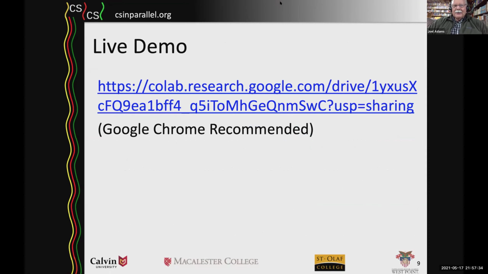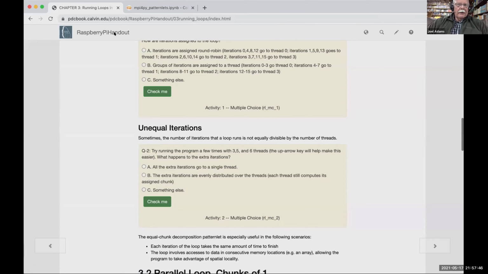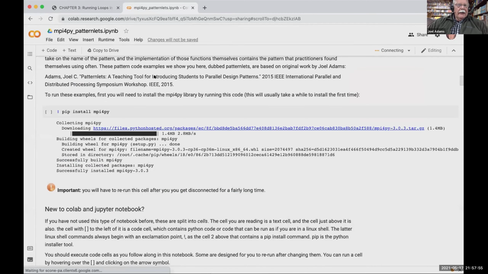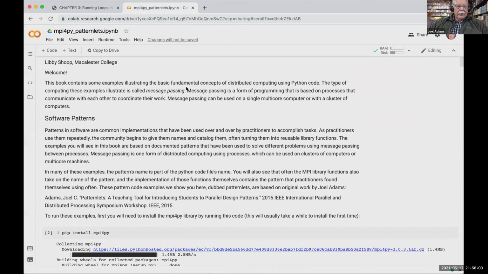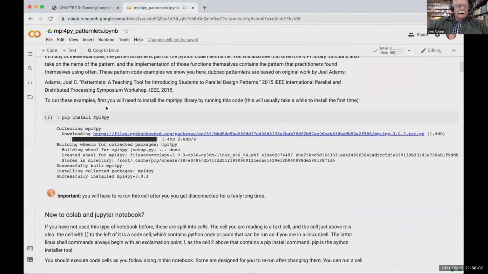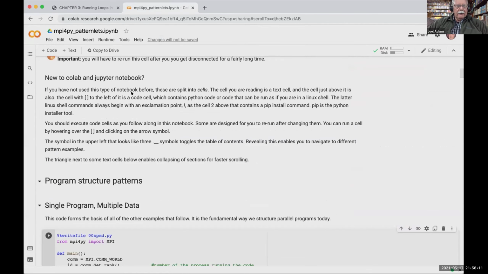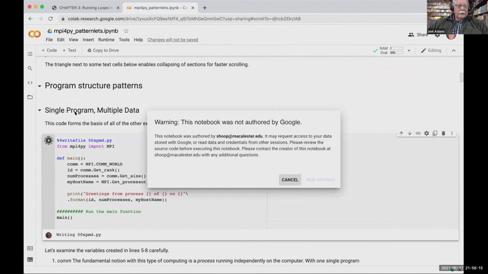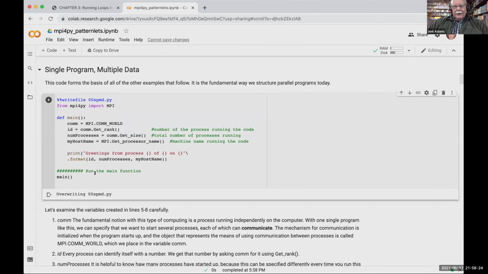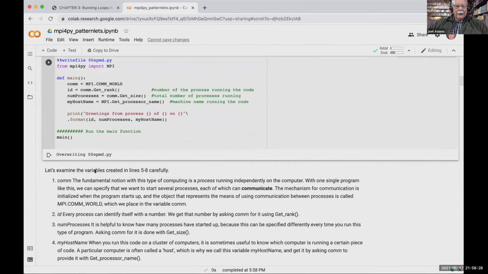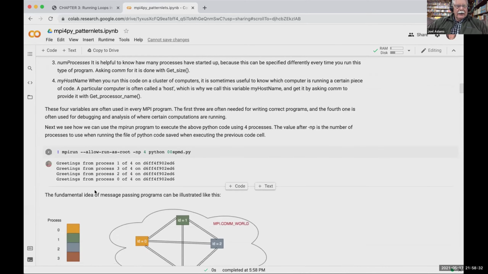So I'm going to jump back to that Google Colab, which is here, I believe. And here we have the distributed parallel programming patterns using MPI for Py, by which we introduce MPI. And so after some preliminary explanations, the person has to install MPI for Py in the Colab the first time they run this. And then they would have to go past the warning that this is not authored by Google. And you can think of it as sort of building this program for us. And then after the explanation, you can actually come down and run this program